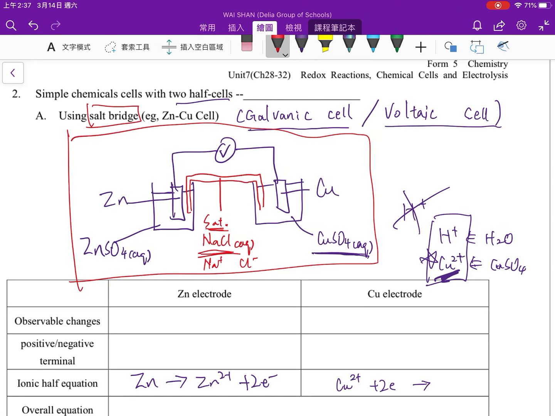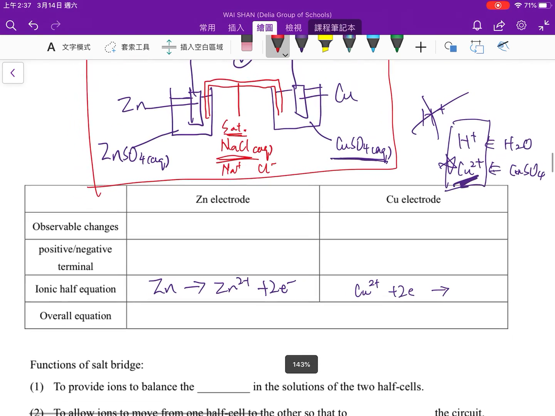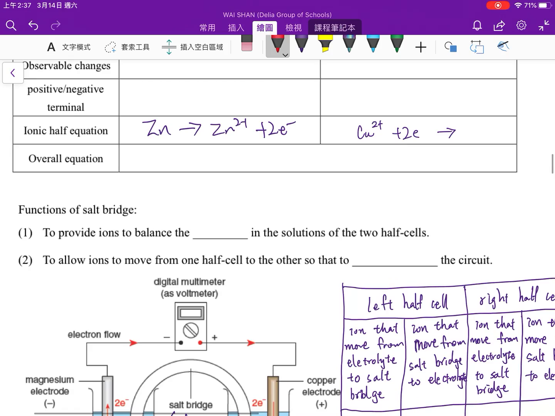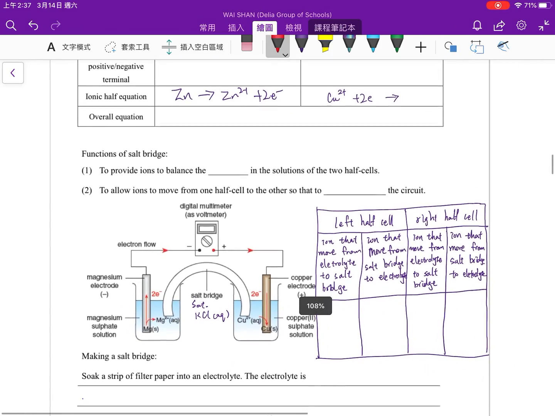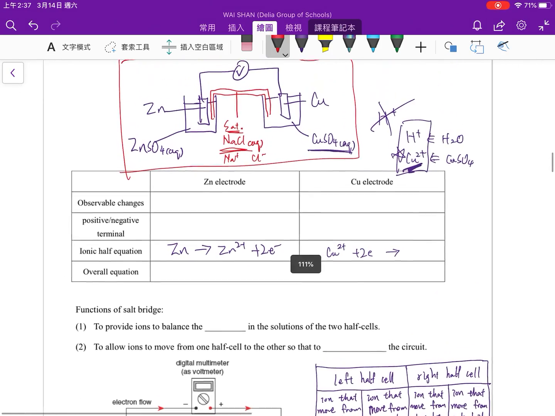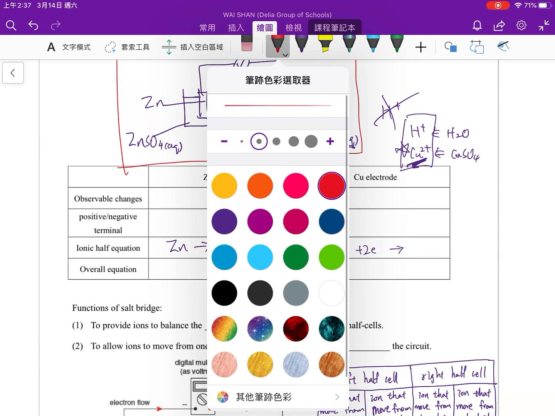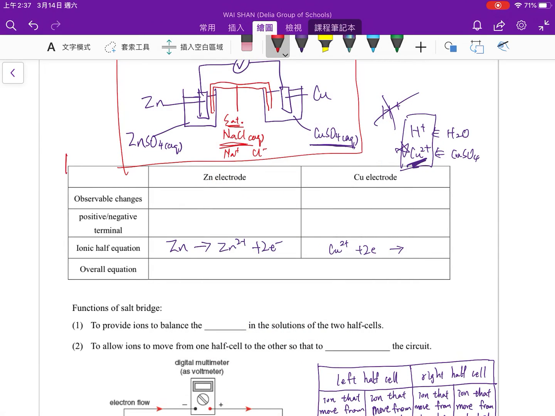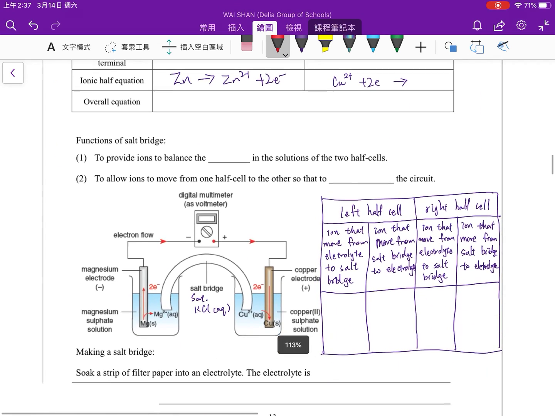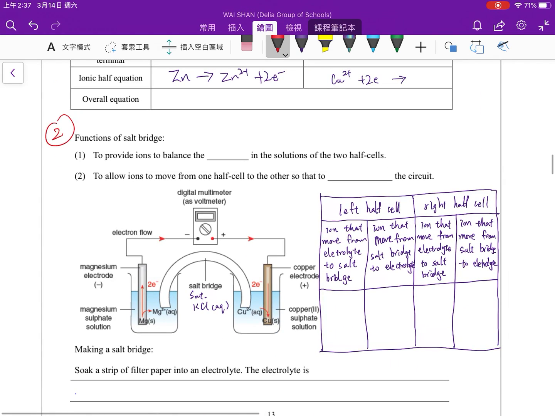For the detailed function of salt bridge, I hope that you can find the answer and explanation in another video that I posted the link to in Google Classroom. I hope that you can complete it. So your task is to complete this table and complete the function of